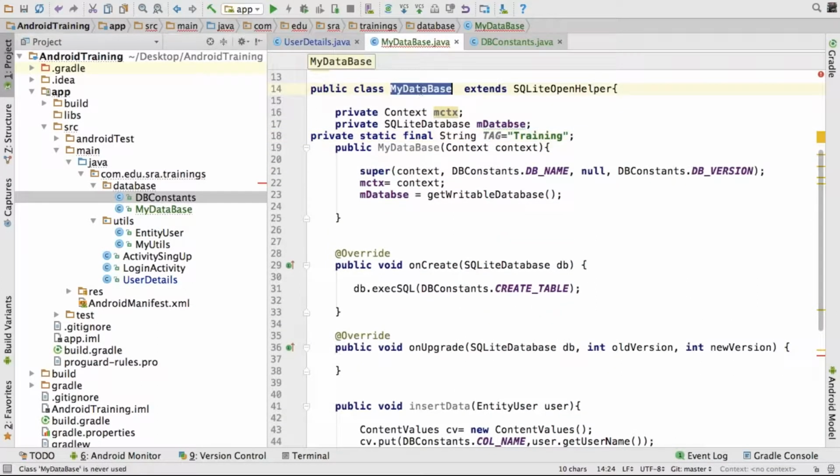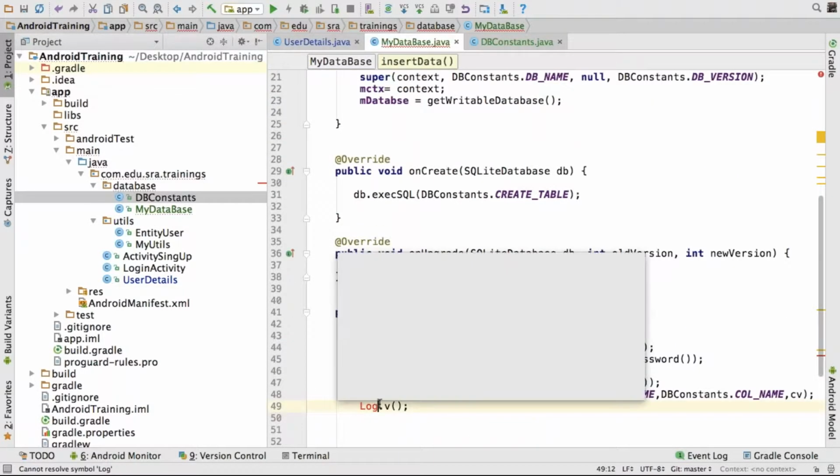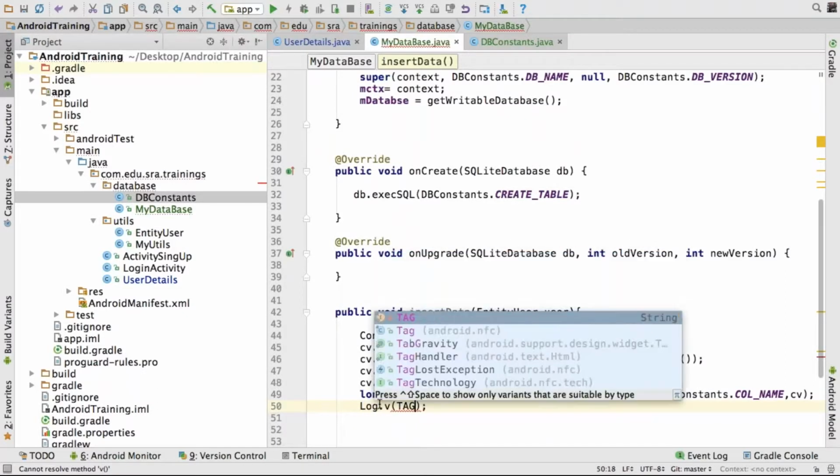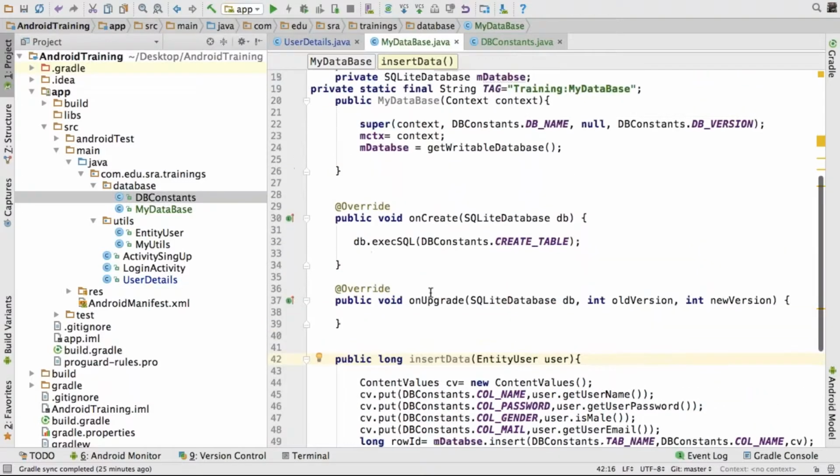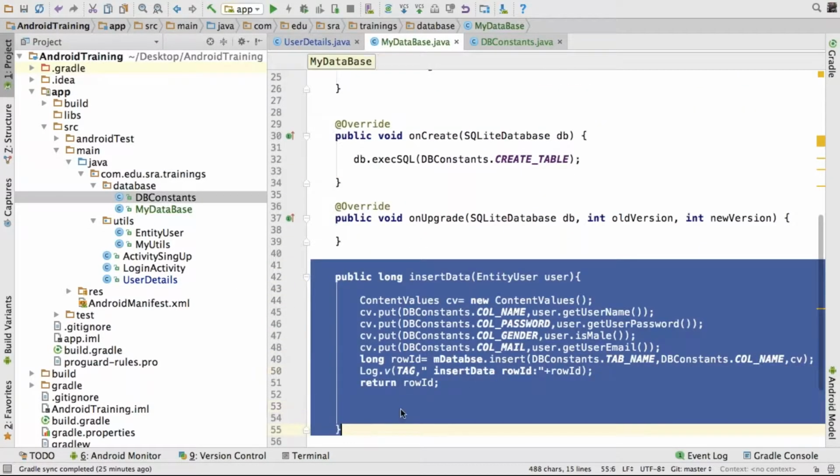My class name I have given as MyDatabase. Now come here, Log.v, just import, and this is the tag, and insert data and the row id. Just for information purposes, I want to print that row id. So finally I'll return that row id. Here I'm having a long value. So this is how to insert some value into the database.